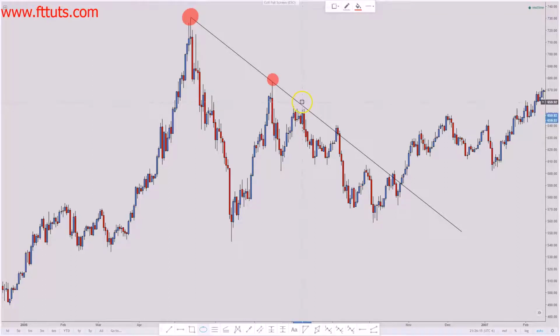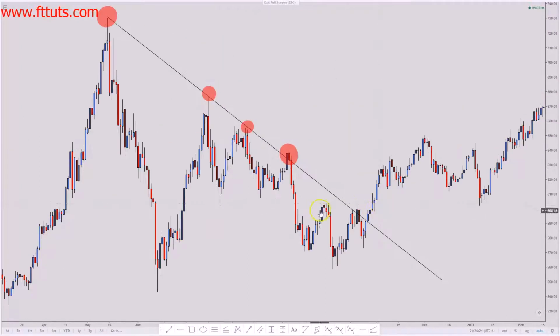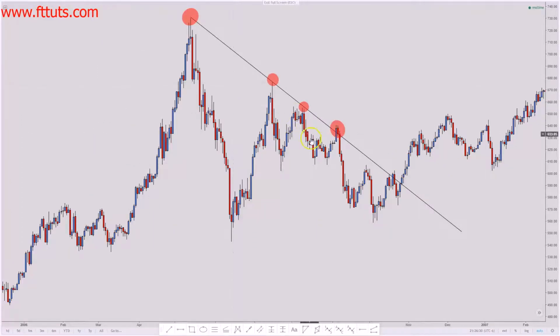And then you have 0.3 right here, a small reaction right there, and then 0.4, and then you finally get a breakthrough, and that's when you start looking to go the other way. All right, very simple. As long as price stays below that, what I like to do is